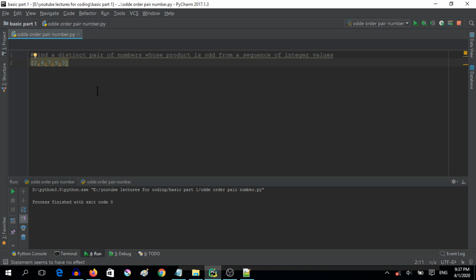Here is a sequence of numbers in a list, and as it is said, we have to find an odd product from the given elements of this list. So we have to multiply each digit with the respective elements. It can be like 2 multiplied by 4, which gives us 8. It is an even number, so we move to the next round, which is 2 multiplied by 7, which gives us 14. It's also even,